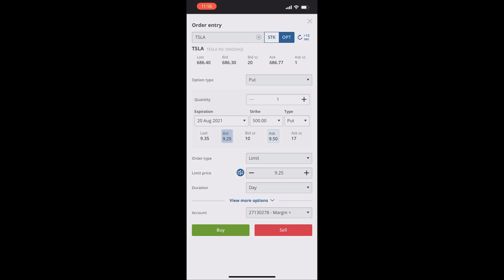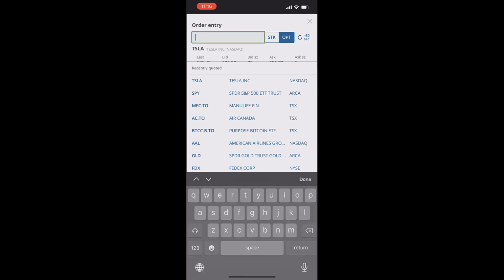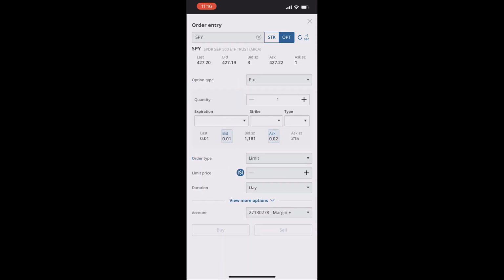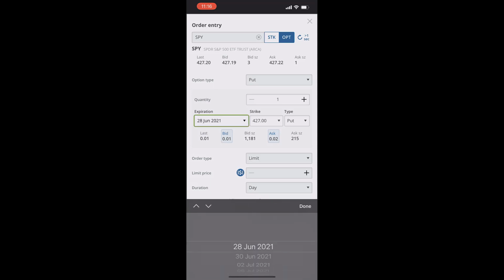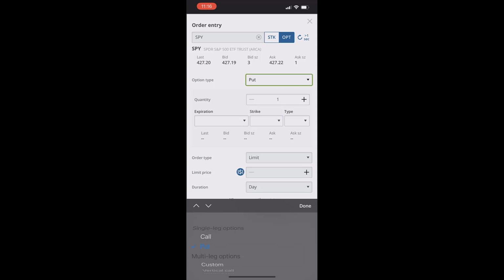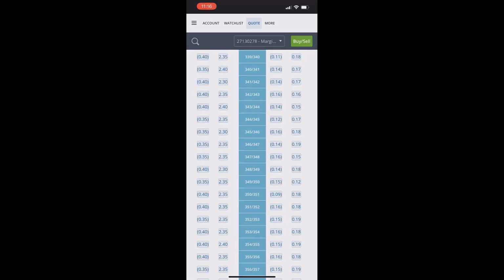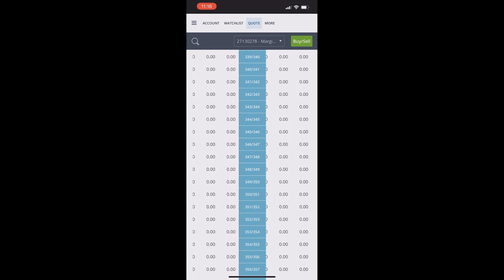And let's say I want to actually change stocks. I could do it from here. Let's say I go to SPY and it automatically gives me the SPY, but then of course I'm gonna have to choose my expirations again, choose my strikes again, I can even change the option type that I want, change a strategy. Or I can get out of here, click X, I can go back to search the symbol here,